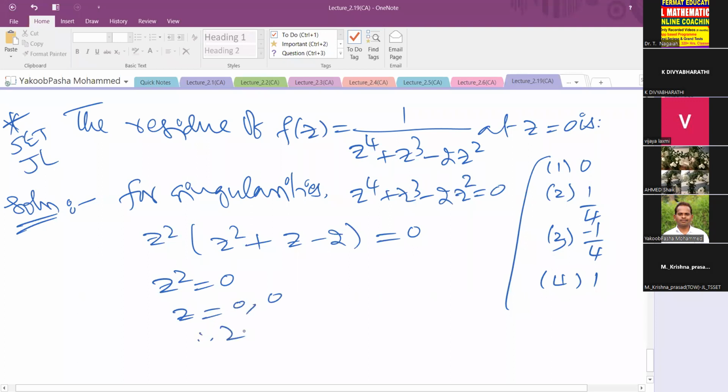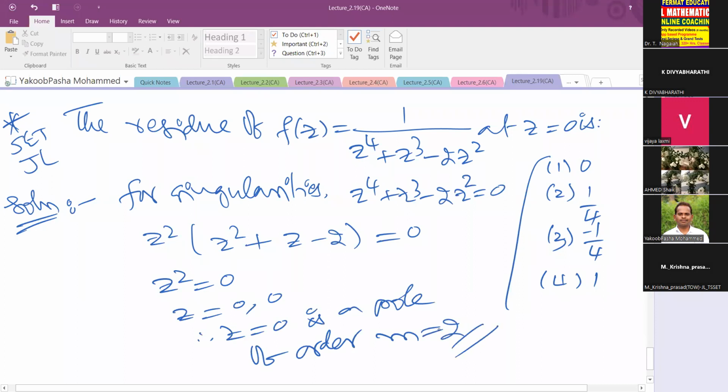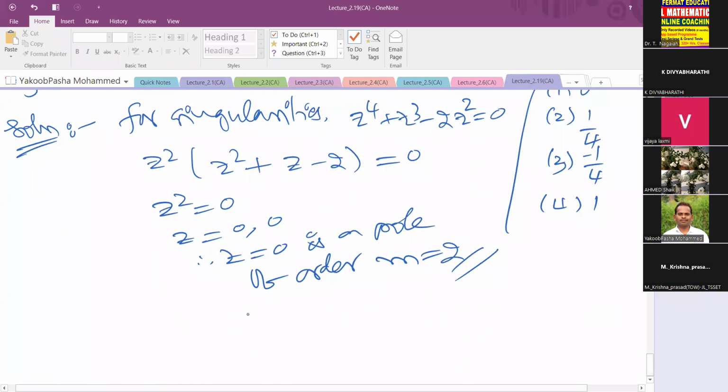That means z is equal to 0 is a pole of order m is equal to 2 only. Yeah, pole of order m is equal to 2. So at this pole we have to calculate the residue. So the residue of the function f of z at z is equal to 0 is equal to the limit as z tends to